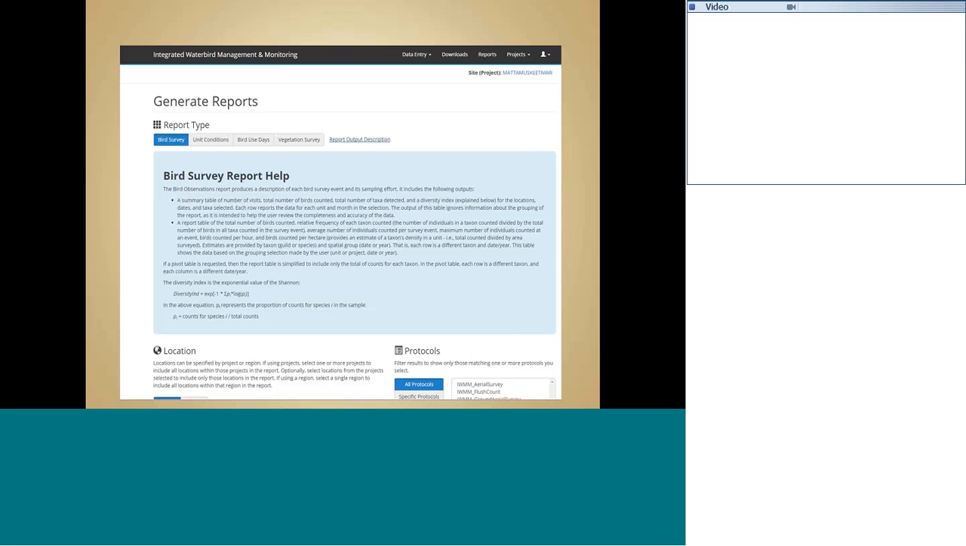This bird survey report help tells us that we're going to get a summary table initially that shows the number of visits, total number of birds counted, total number of species detected, and then it computes a diversity index for the location, dates, and taxa selected. You're also going to get a report table of the total number of birds counted, relative frequency of each taxon counted,